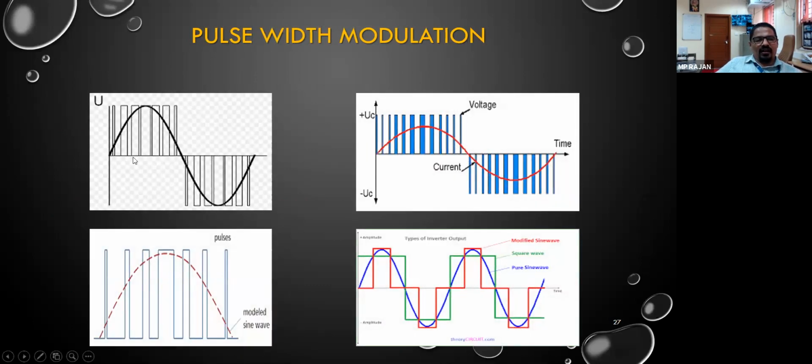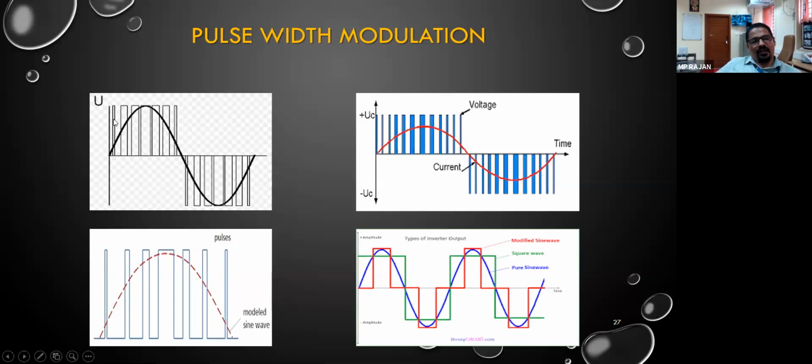So you can see this is one half wave. If the supply is 50 hertz, we can say this time period is 0.02 seconds, 1/50. So this 0.02 second is a very small period of time. Within this 0.02 second, there are a number of conducting and non-conducting periods. Okay, so this is made possible by using a control circuit. आपका control circuit का अनुसार इसका pulse width आप change कर सकते हैं. So here you can see this is a very small pulse width.